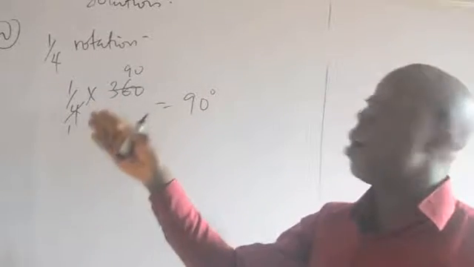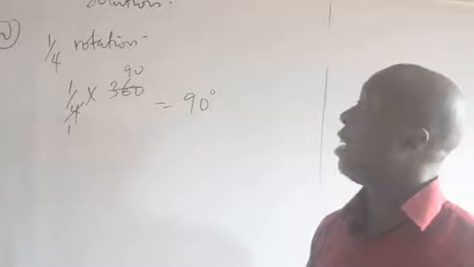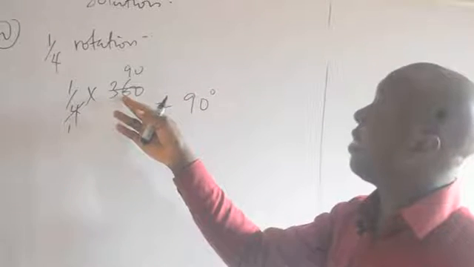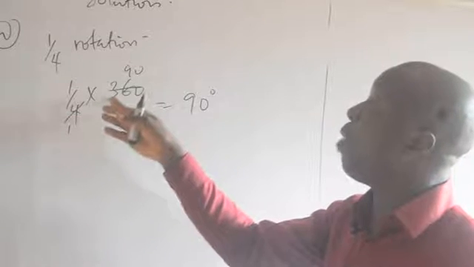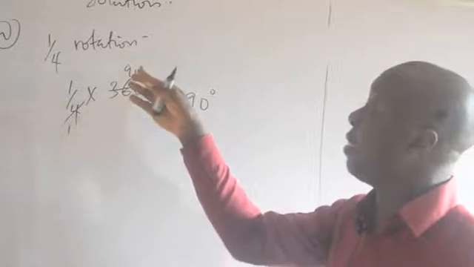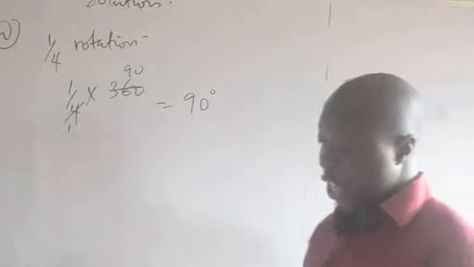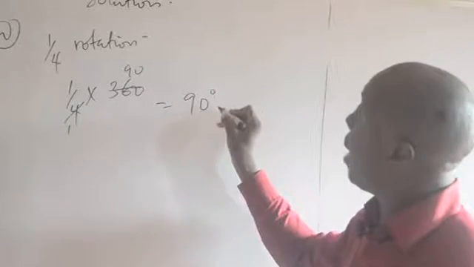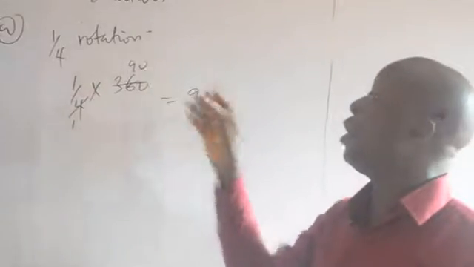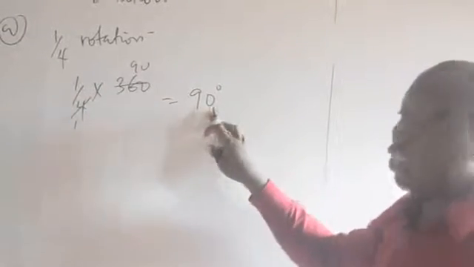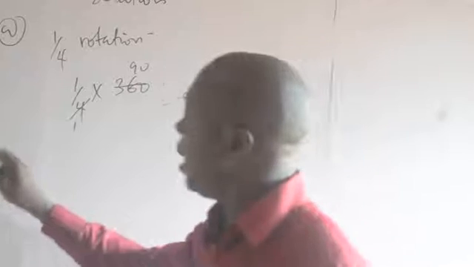So 1/4 times 360 degrees: 4 divided by 4 will give us 1, and 360 divided by 4 will give us 90 degrees. So our final answer is 90 degrees. So 1/4 rotation will give us 90 degrees. And the B part,